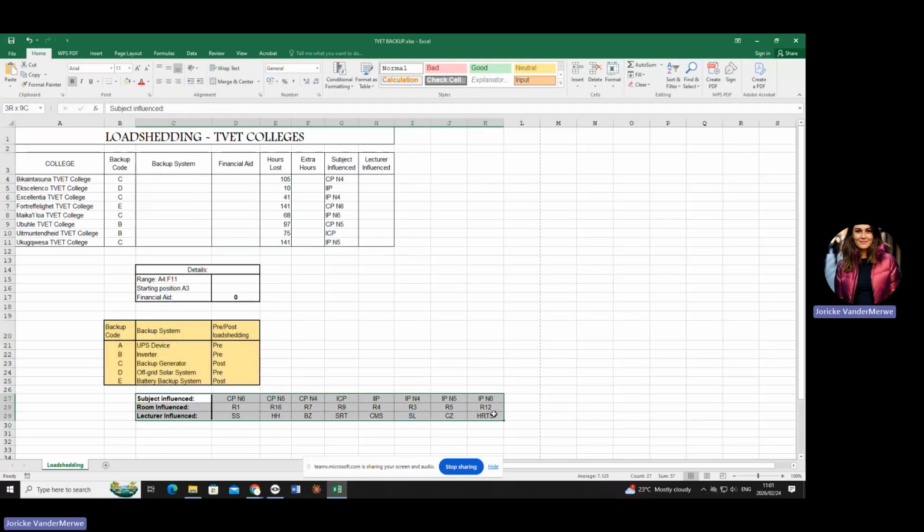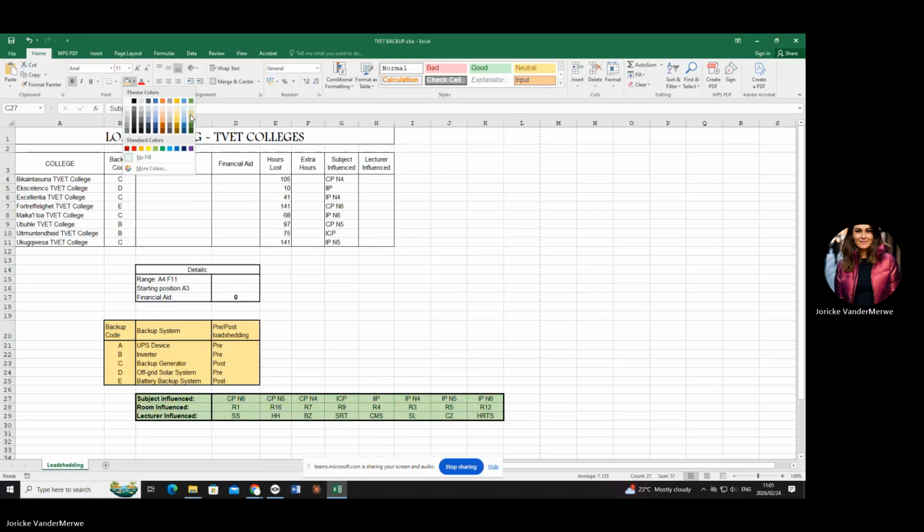And there's another table inserted for you, in a different layout, but let's make that green. Okay, so you've got your 2 tables. All right. Then there's a backup code, which I also see is in my yellow. And I see there's a lecturer influence, which is also in my green table. Do you agree with me? Okay, so I see that stuff.